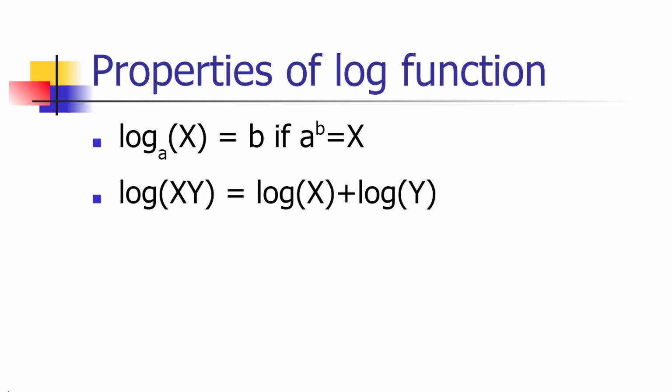One is that the log of a product is equal to the sum of the logs. So the log of x times y is equal to the log of x plus the log of y. The log of x to the 8th power is equal to 8 times the log of x, which is essentially just an extension of the previous property because you're multiplying x by itself 8 times.